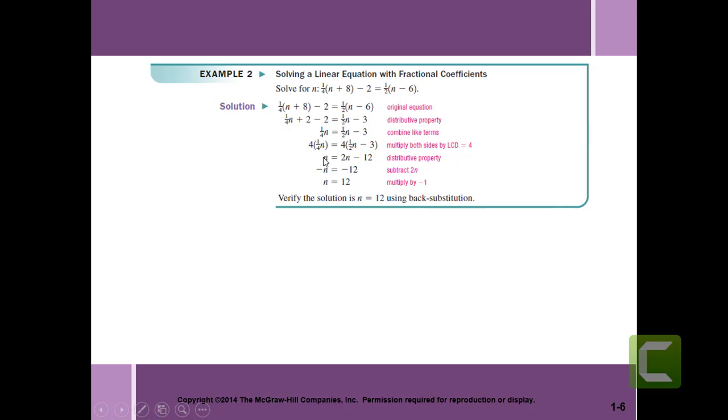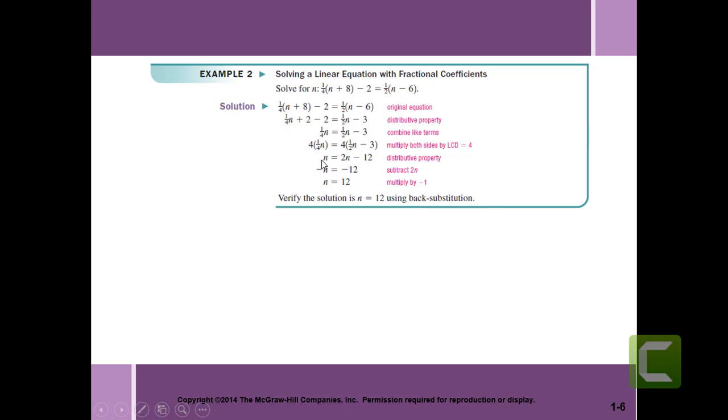So then you get n equals 2n minus 12. And then they use the addition property. Okay, so here they use the multiplicative property for equality first, and then they use the additive property for equality. So then if you basically subtract 2n from both sides, you get 0 over here, and you get negative